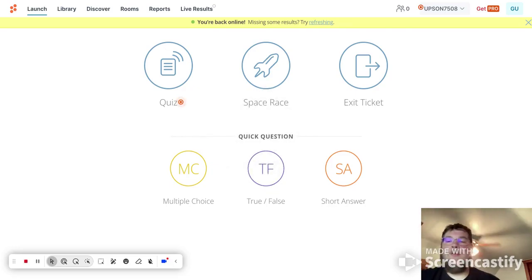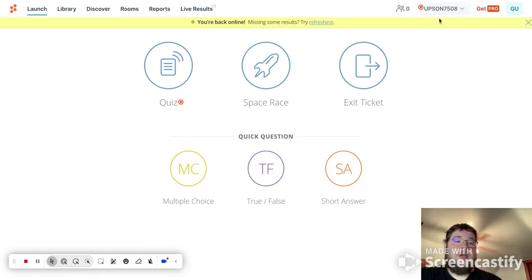Hello. So my first tool that I wanted to use was Socrative. I chose this one just so I could have some alternate assessment ideas for my class. Normally I do a Google form or just a basic quiz. Sometimes I put it on my board. But mainly I just wanted some bell ringers, exit tickets, or maybe even actually implementing a quiz in